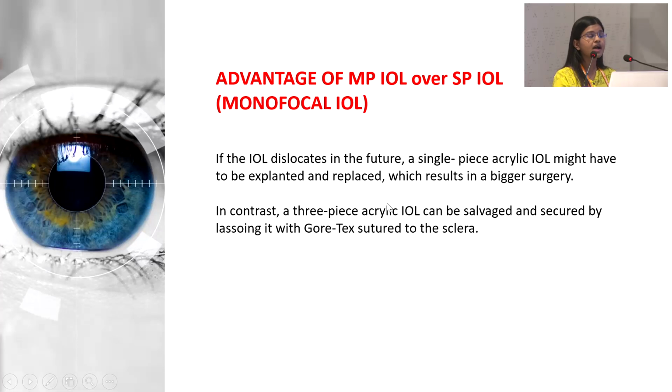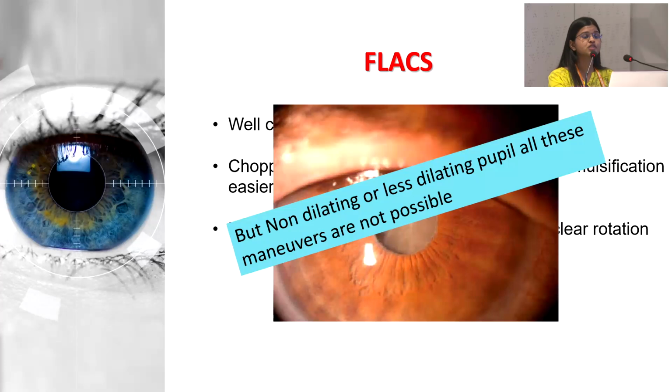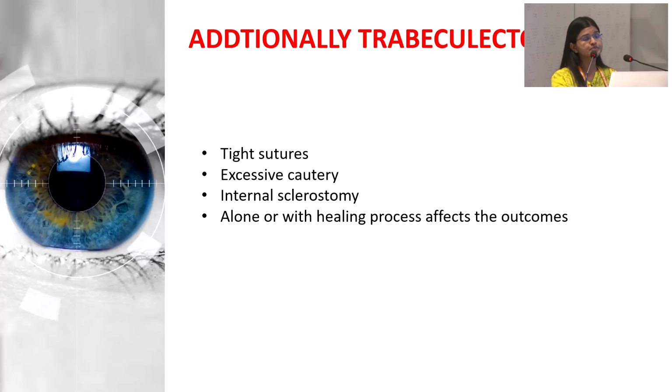Again, emphasizing that PEX is a progressive zonular weakness. Many a times we see 15 years, 20 years down the line, the IOL bag complex goes into the vitreous cavity. In that case, you can go ahead with pars plana vitrectomy, and the same lens with the bag complex can be fixed. You need not explant the lens, but if it's a toric IOL, the lens has to be explanted. Another point is you can always go ahead with a femto in PEX, which will be an easy surgery, but then in case of a non-dilating pupil, the femto fails.